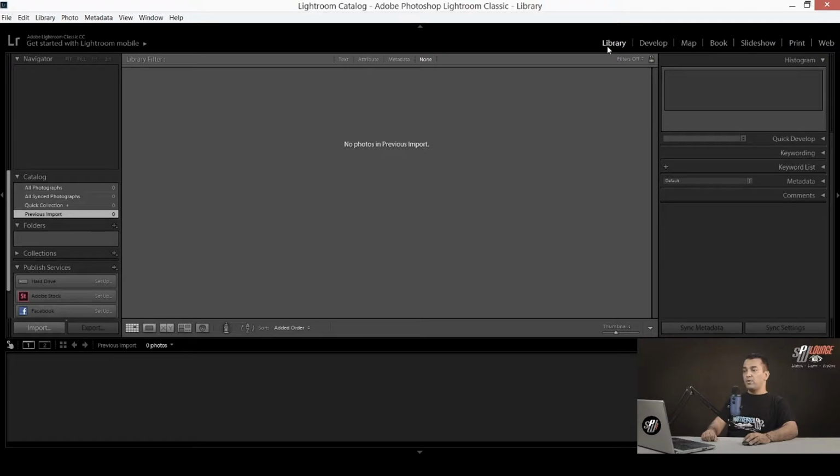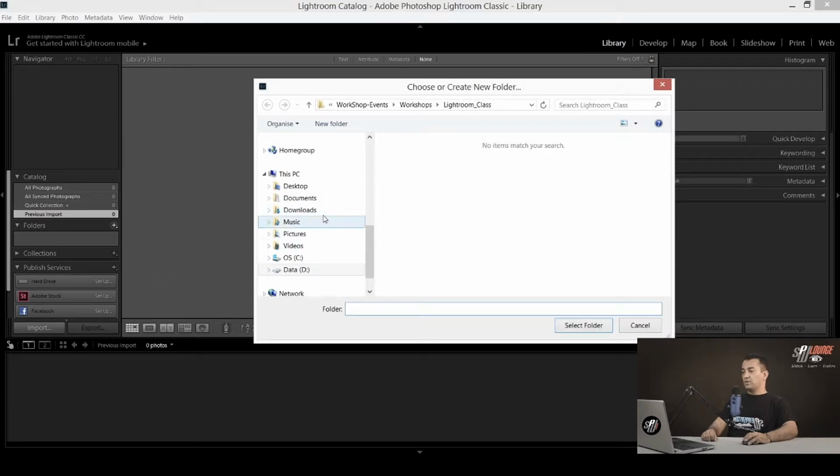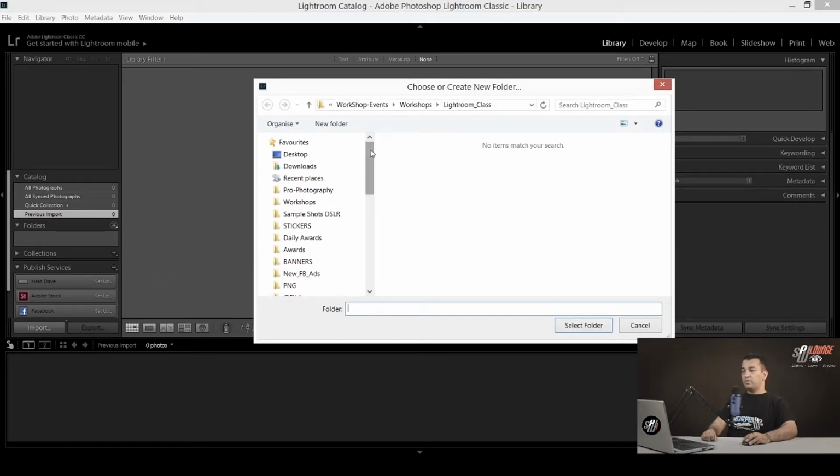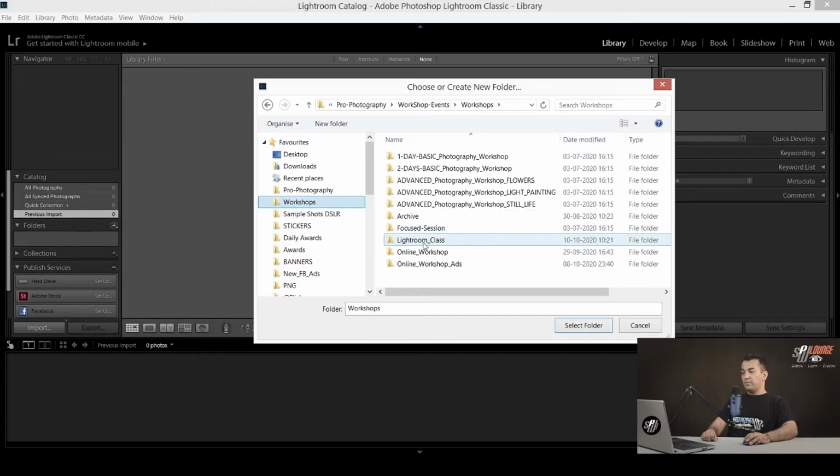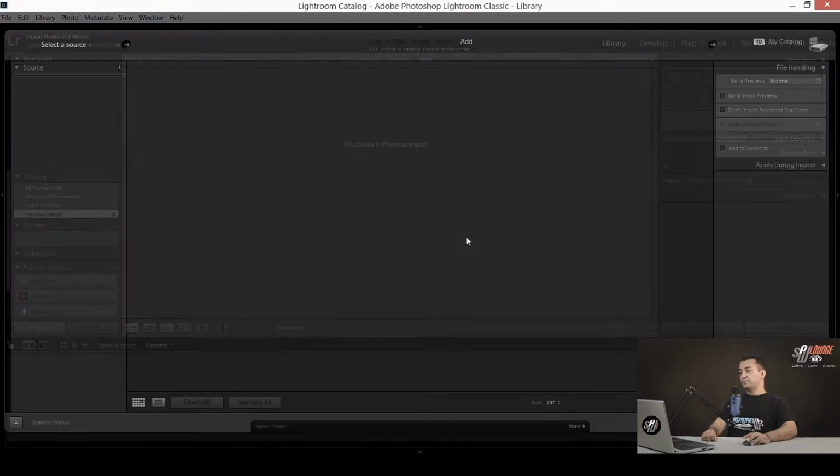When we talk about library, library is the section where we can manage or organize the files. We can see we have different catalogs here by default. If we add images here, they'll be designated to the different catalogs. In the folders section, we can just click on the plus sign and click add folder. Now we have to navigate to the folder where our images are stored. Like here, I have my images in the Lightroom class folder. If I select this folder,